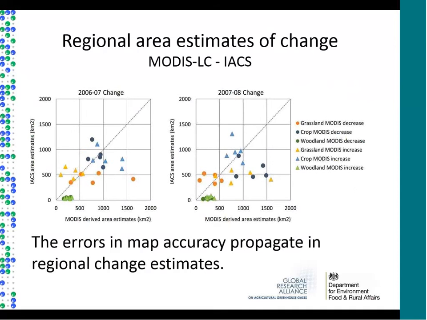So when we derived the regional change estimates based on MODIS, on the x-axis here, and compared them with the regional change estimates based on Ajax, you can see there's quite a scatter of unsystematic errors along the axis where there should be a match. And it's the case for both